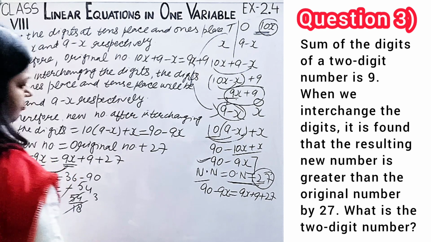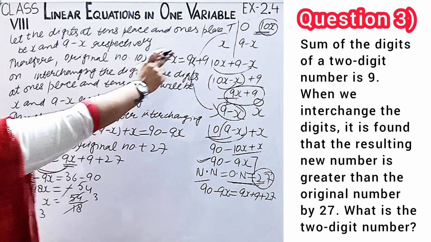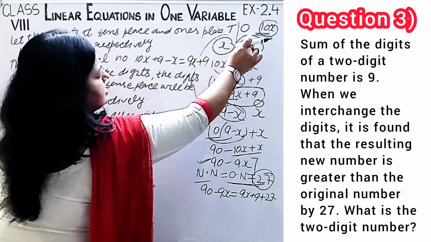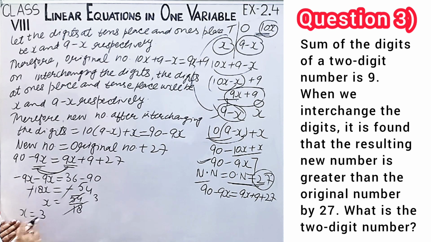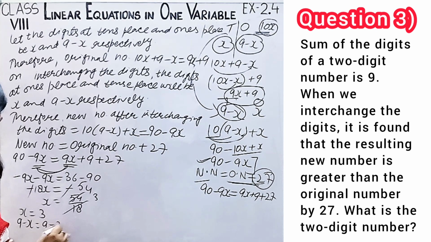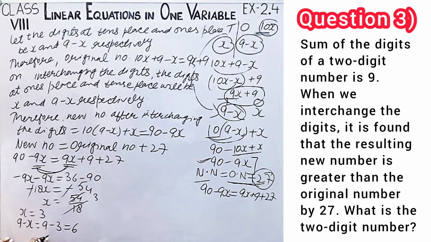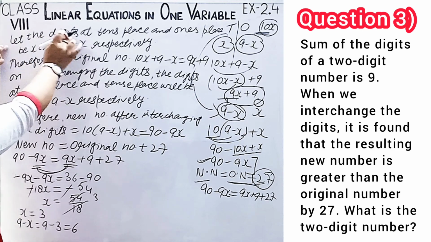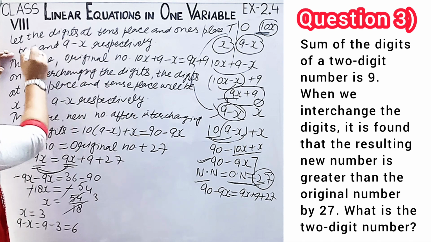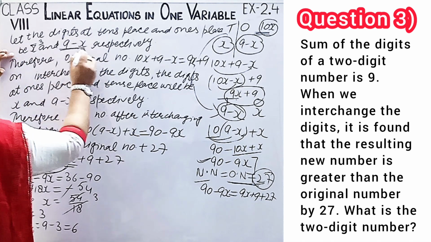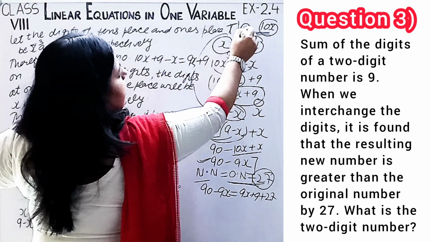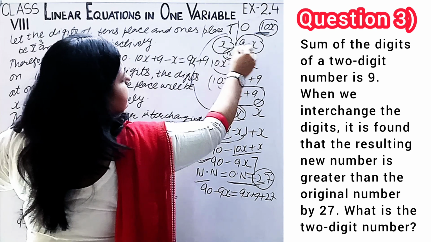Now coming here, the second number was 9 minus x. This first number is the tens, and 9 minus x is the ones. So the first number is x, this is 3. 9 minus x, which is 9 minus 3, that is 6. So here coming again, the digits at tens place and ones place are x and 9 minus x. It means this is 3 and this is 6. So if I write 3 here and the ones place is 6, it means I got 36.